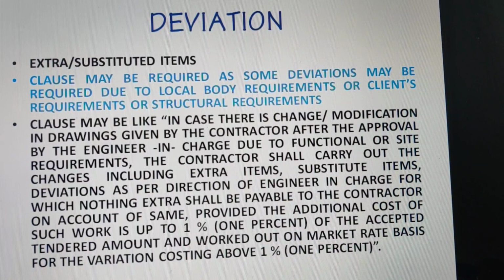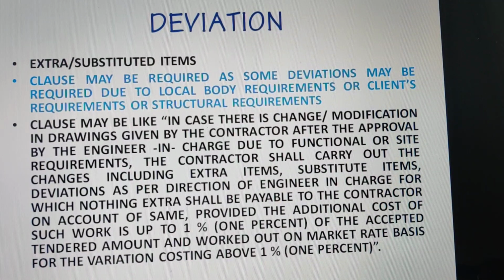If it is decided that this clause may be included, then something like: in case there is change or modification in drawings given by the contractor after the approval of the engineer in charge due to functional or site requirement, the contractor shall carry out the changes including extra items, substitute items, deviations as per direction of the engineer in charge, for which either payment may be made or some percentage may be absorbed by the contractor as decided by